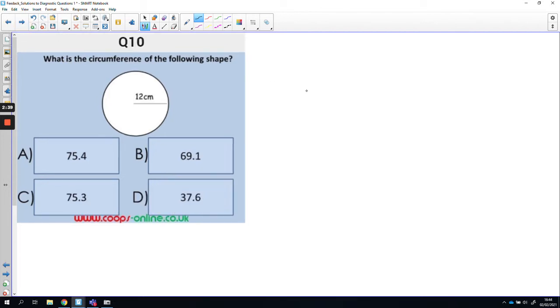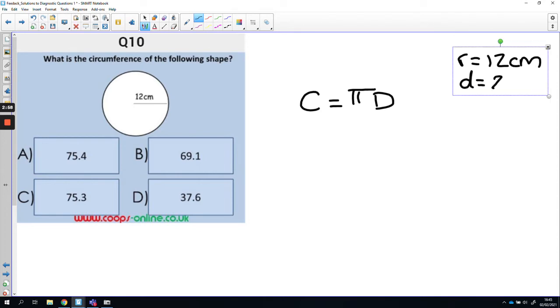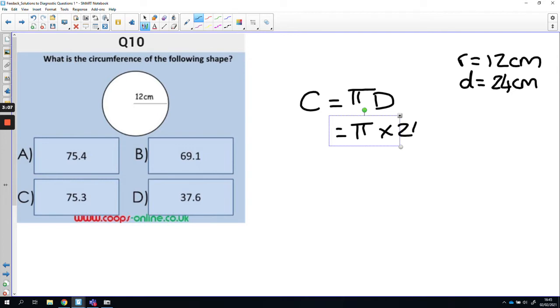Question number 10. What is the circumference of the following shape? So pretty much identical to the previous question. So we start with the formula. We've recognised it's the radius that's been given. And to get the diameter, we will need to multiply by 2. So 12 multiplied by 2, of course, is 24. So pi times 24 is what we now need to put into our calculator. So shift pi times 24, press the S to D button, and you will get